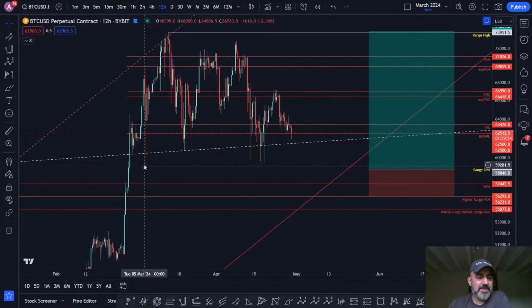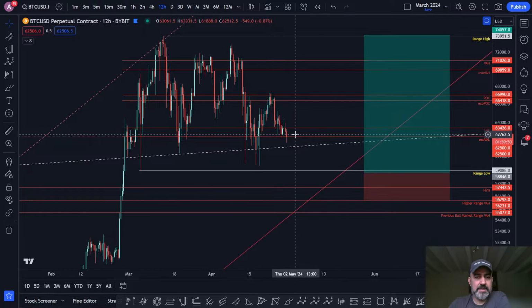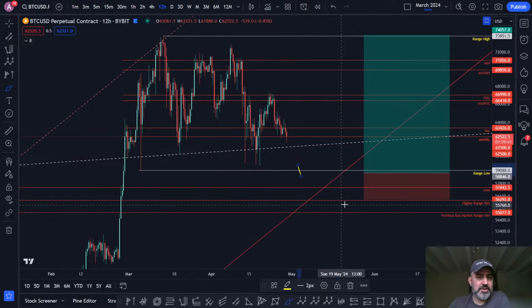That's the range low, that pivot there. Basically, that's the range low, and you have the range high, which is the all-time high. Okay, so the question for all of us is, if and when the price gets underneath the range low,